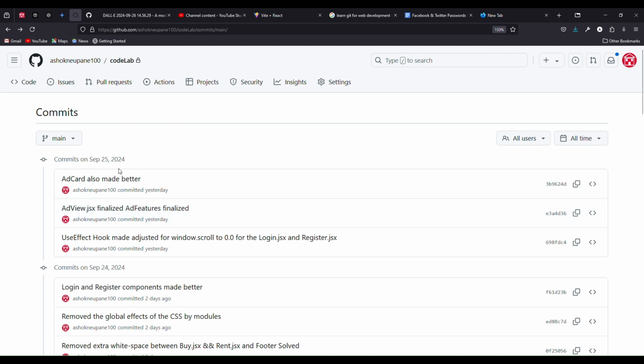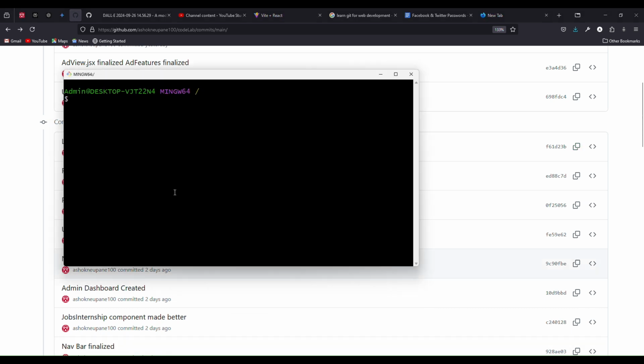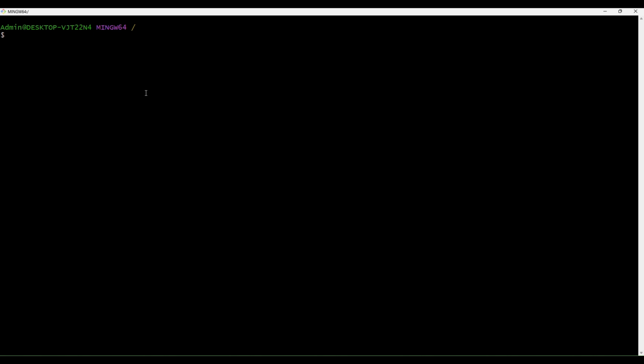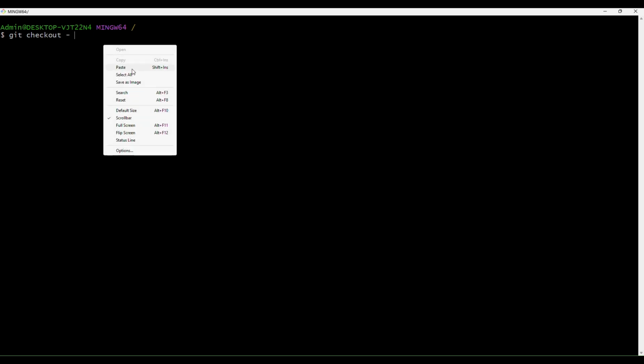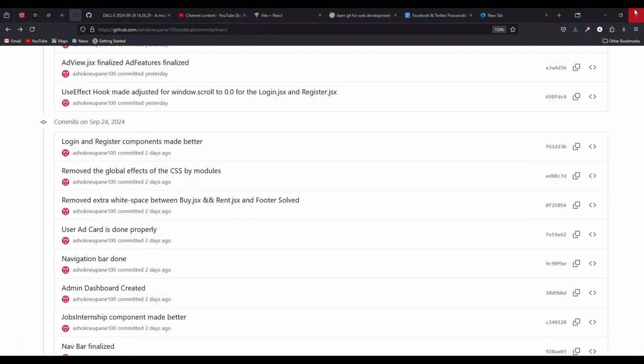What you can do is simply go back, go to Git, and run git checkout. Then copy that, paste it, and proceed, and it will take you back.